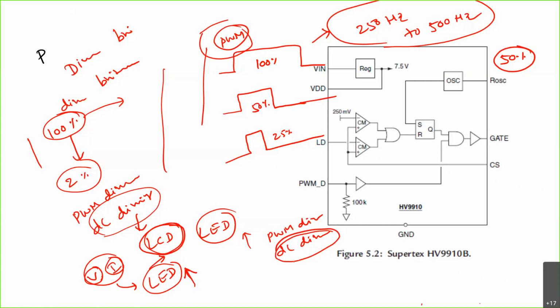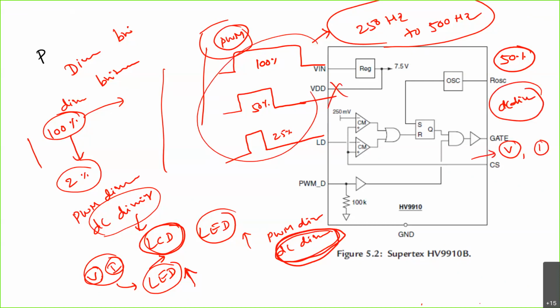Or change the current to the channel. Either we reduce the base so that the brightness is reduced, or they reduce the current so that the brightness is reduced. This is how DC dimming works. In DC dimming there is no flickering, even when you are operating at low brightness, there is no visible flickering. But the disadvantage with DC dimming is, when you are operating at low